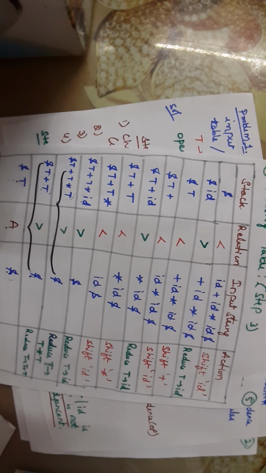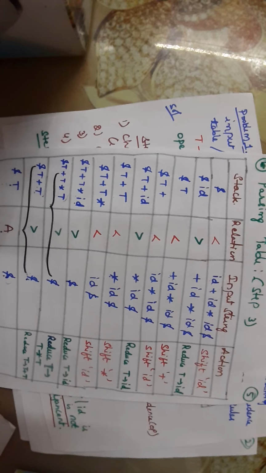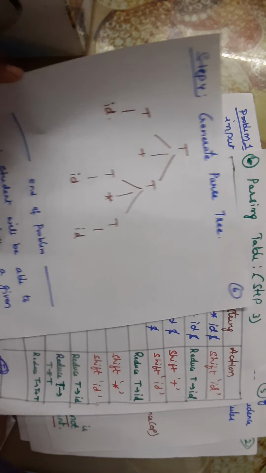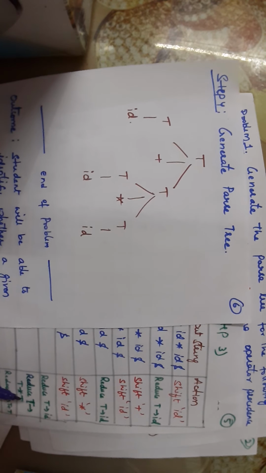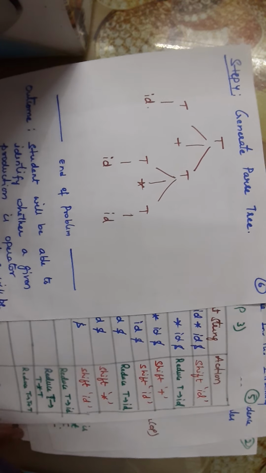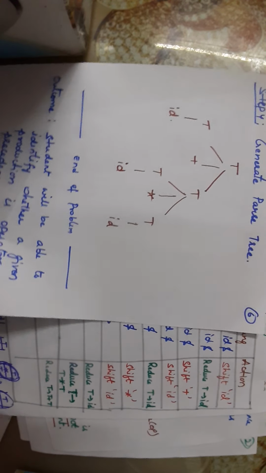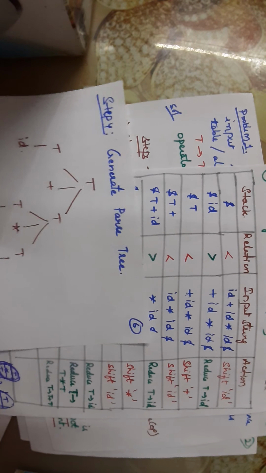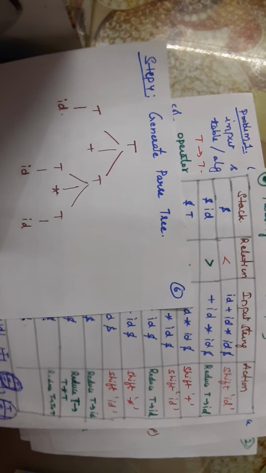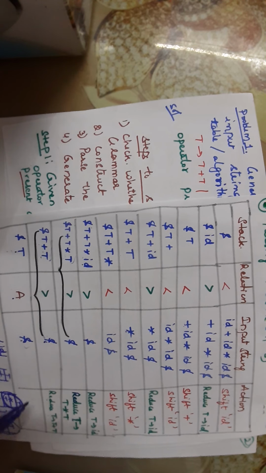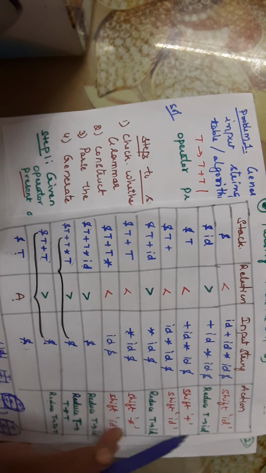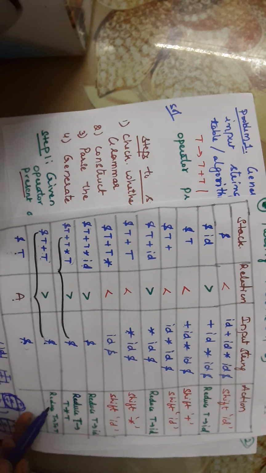Okay. So the last step for this is we have to generate the parse tree. Now how to generate the parse tree here? Generating the parse tree is simple. Here we go with the reduce operations. Wherever reduce is there, from that we will start generating the parse tree. See here we have reduce. From the last we are going to start: reduce T produces. So wherever reduce operations are there, by using these reduce operations we are going to generate the parse tree.